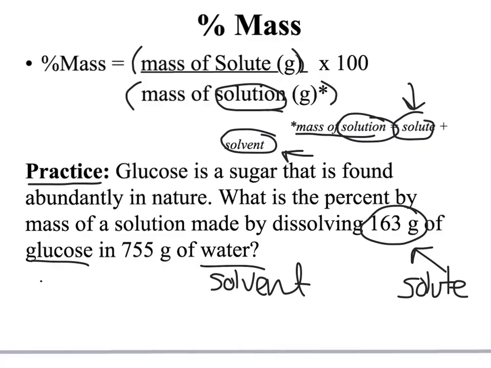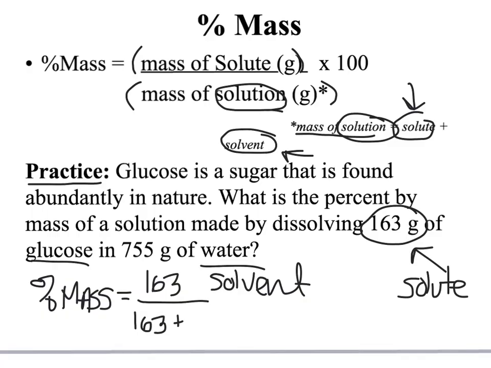So when we solve for this, our percent mass is going to be equal to the grams of solute on top, which is 163, and the mass of the solution on the bottom is going to be the solute, 163, plus the solvent, 755. Now that we have that, we can do that math really quick and get our percent. On the bottom, by the way, these two added up is 918. So if we take 163 divided by 918, you end up getting a decimal of